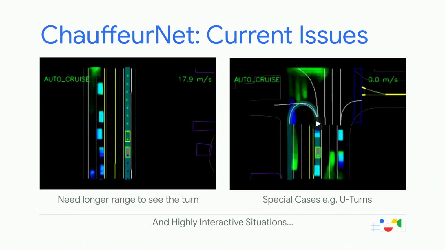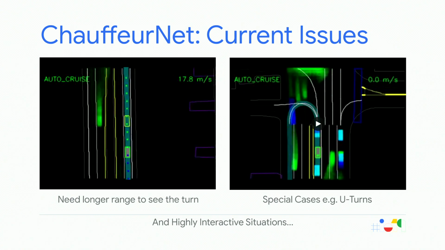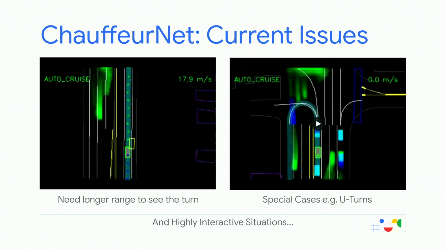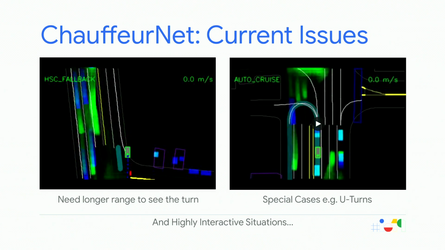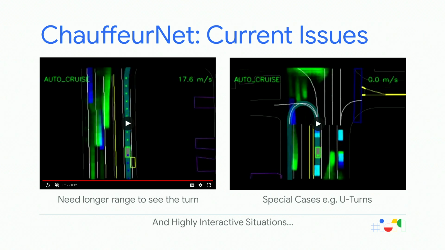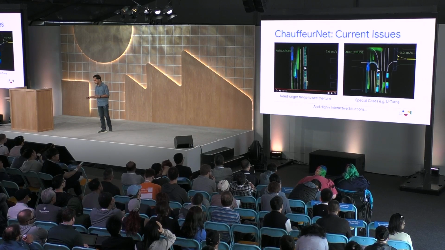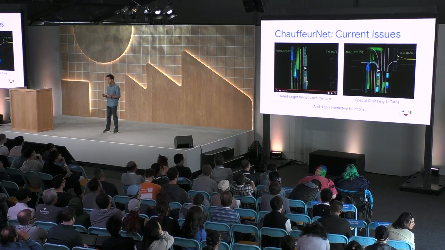So I believe this is a 45 miles per hour road. The yellow box shows what the car actually did in the log, but our agent, being too fast for the turn, simply gets hit. The second example is one representative example of a rare event. For example, U-turns, which are not present frequently enough in our training data, and so we can't expect the net to actually be able to generalize well to new situations like that.